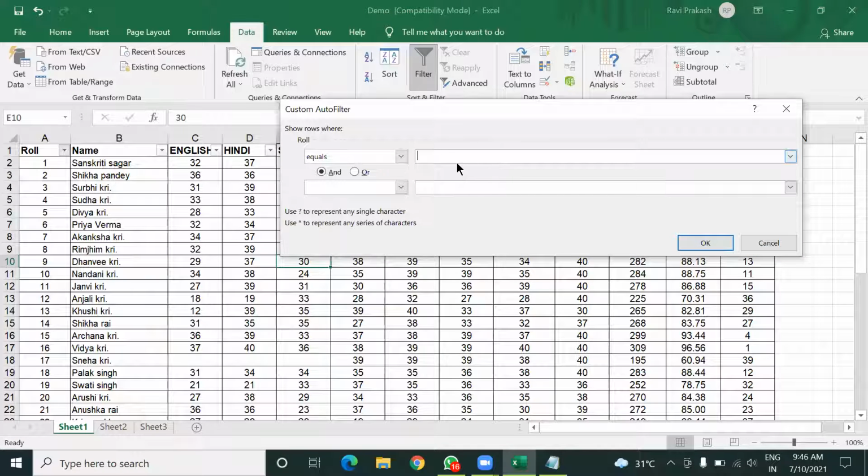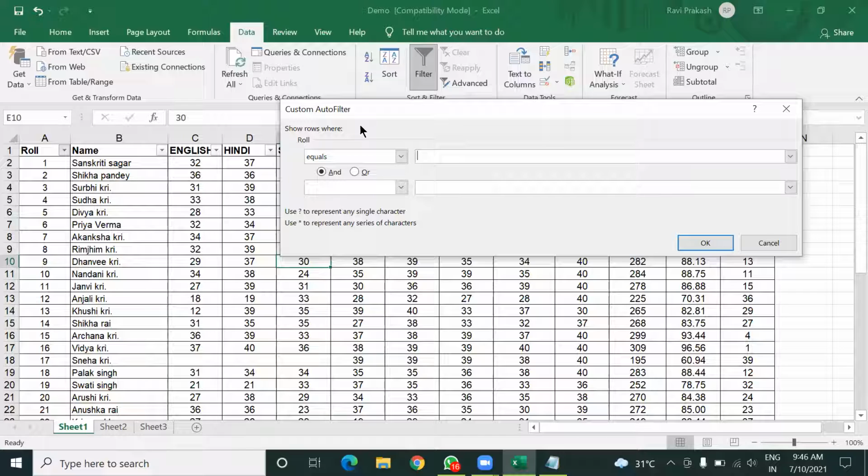Custom filter means you can create your own filter criteria also. So to create this, you have to know details like how to use certain operators. So using those operators like less than, greater than, or certain wildcard characters like this question mark and asterisk, you can create custom filter.